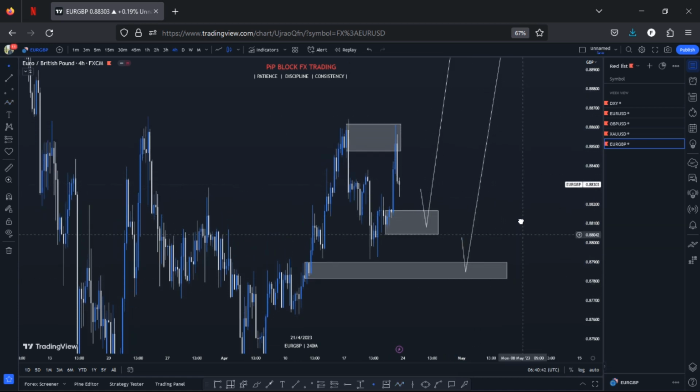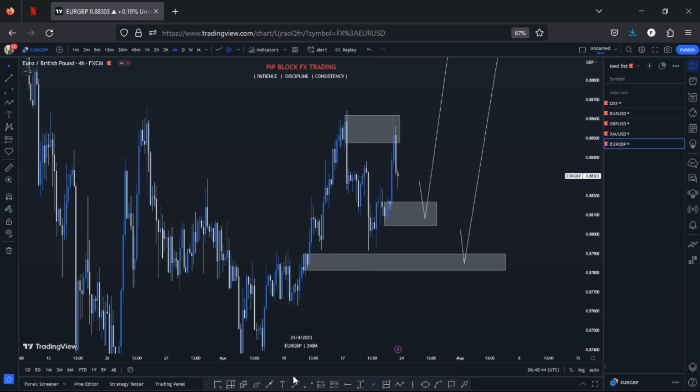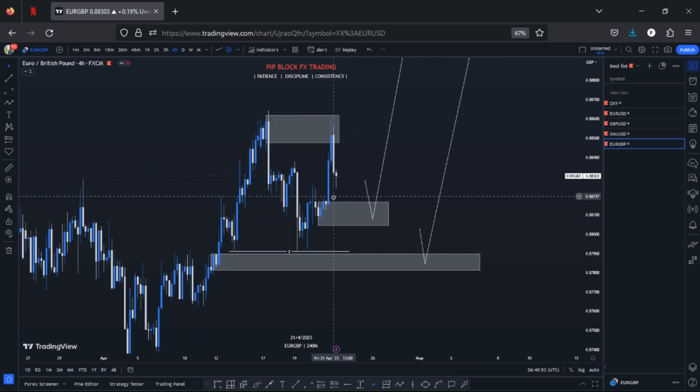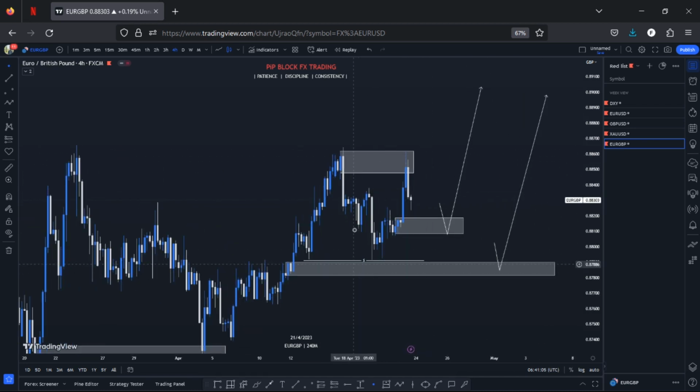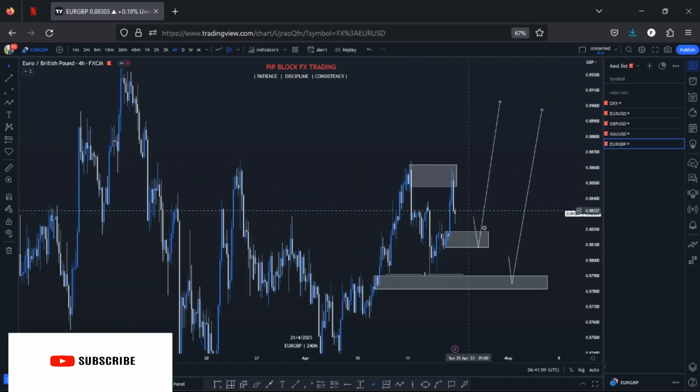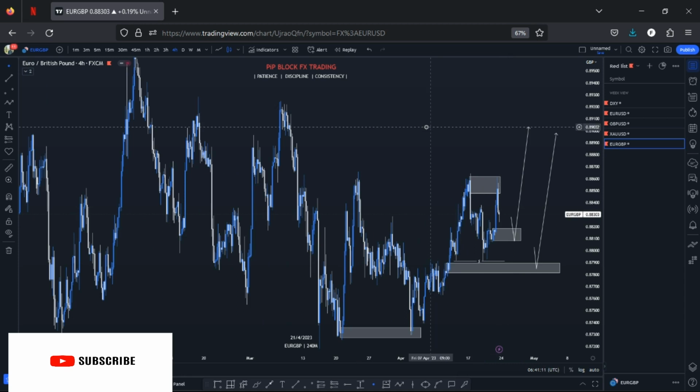Okay, all right, so the reason why I'm expecting this zone right here is because we have some form of liquidity right here. Very nice liquidity right there. Okay, some imbalance which has not been totally filled. It doesn't really have to totally fill it, but it looks like this zone is a very nice zone for me to look at. Based on the way I trade, we had some form of break here. So this is what I'll be expecting for EURGBP as well.